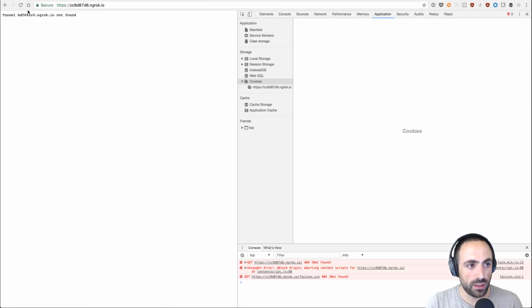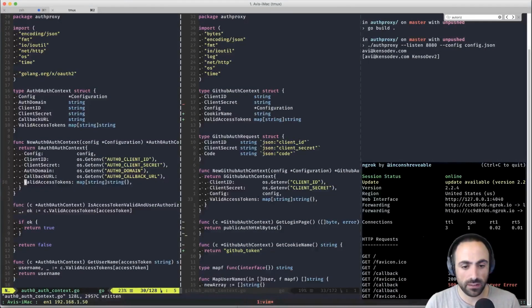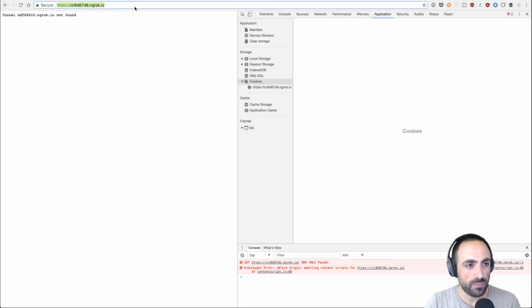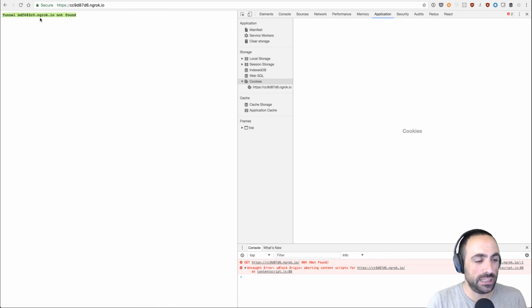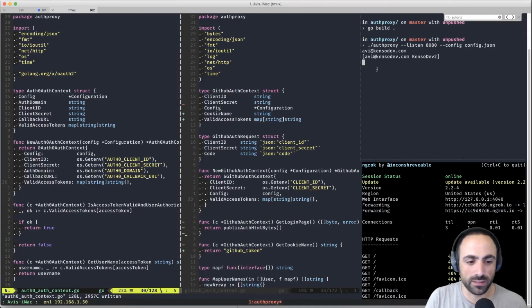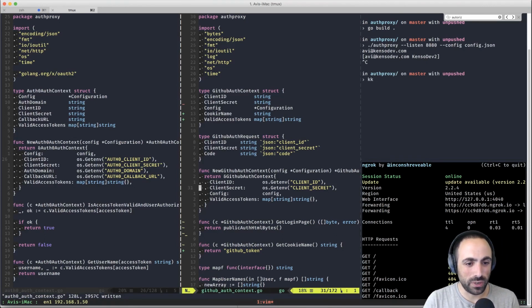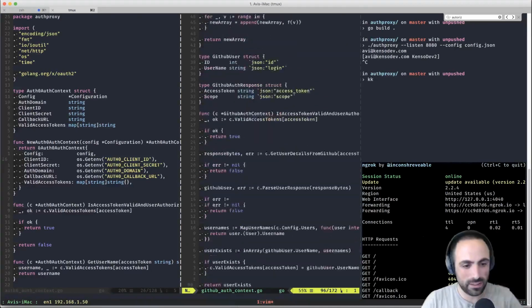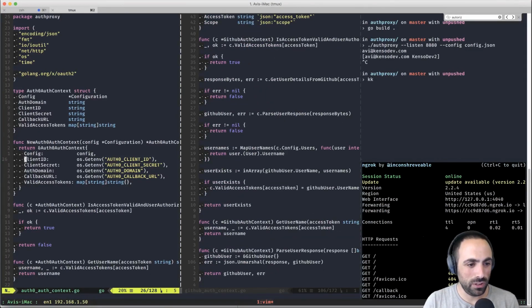Okay, so here, and then we have tunnel not found. Did I close the tunnel again? Here is the tunnel. Here is the tunnel. Oh, that's actually great. That means that I'm logged in and it's not finding the other tunnel. Oh, that is awesome. Okay, this is great. Oh, this is great. This is actually feature complete. Oh my god. Okay, so this is actually working.